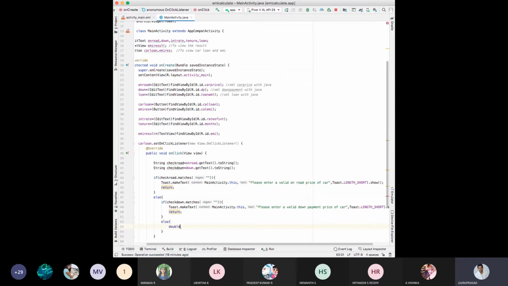double car price, car price is equal to Double dot parseDouble on road dot getText toString, because it is in lakhs, sometimes in crores also, so we are using double.